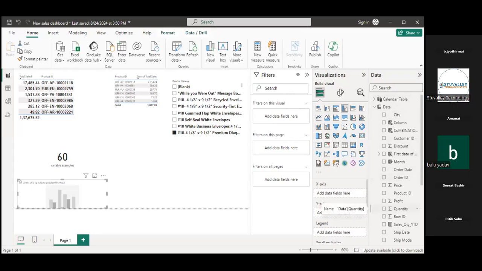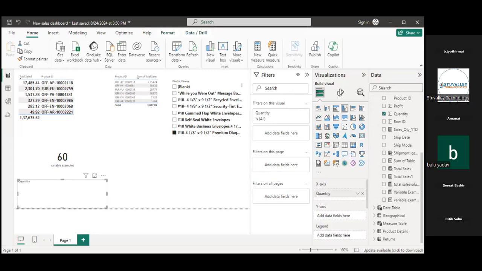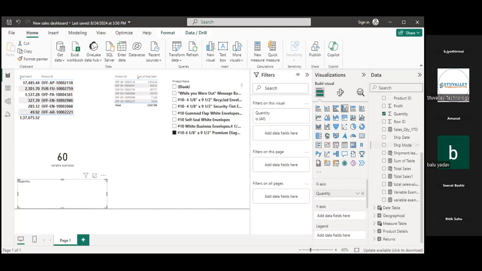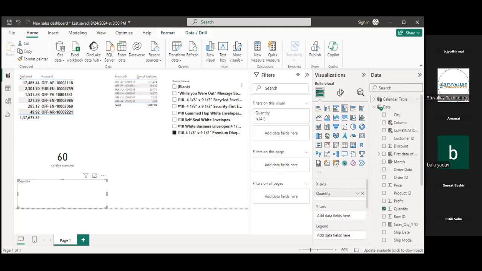That is my sum of sales quantity, accepted, and then the date from my calendar table.